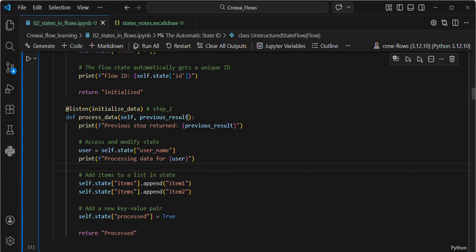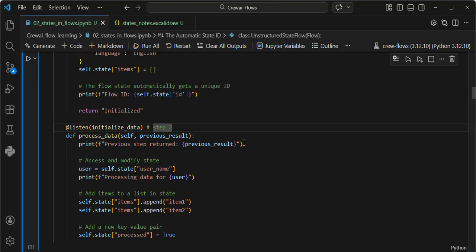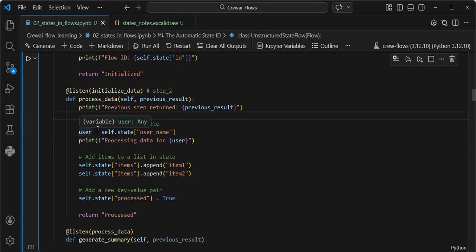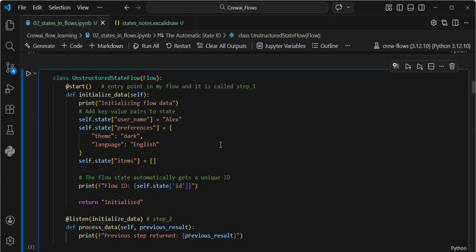The step 1 output goes as input to step 2. I'm accessing the step 1 output; I'm printing the previous step returned, the previous result, for understanding once we kick off the crew. I'm printing this line so we can easily understand. Here we access the state key. As I already said, with state you can freely add, modify, and remove state keys. If you understand the theory part,